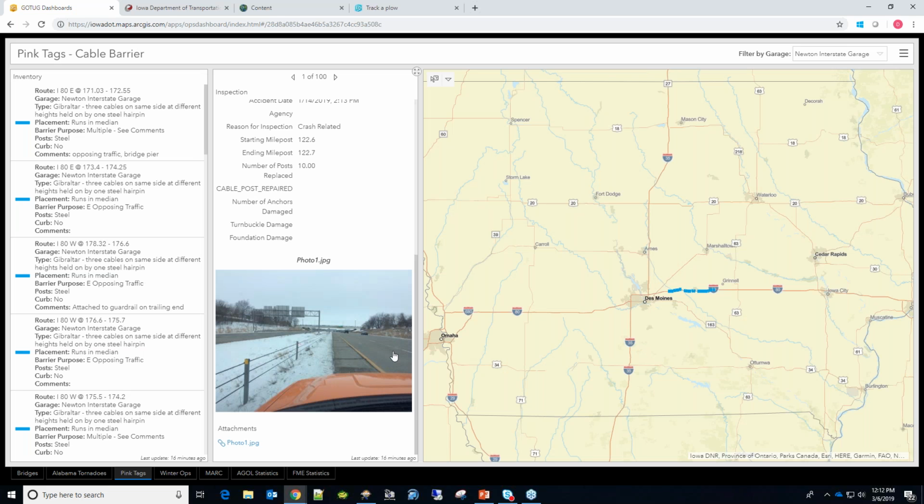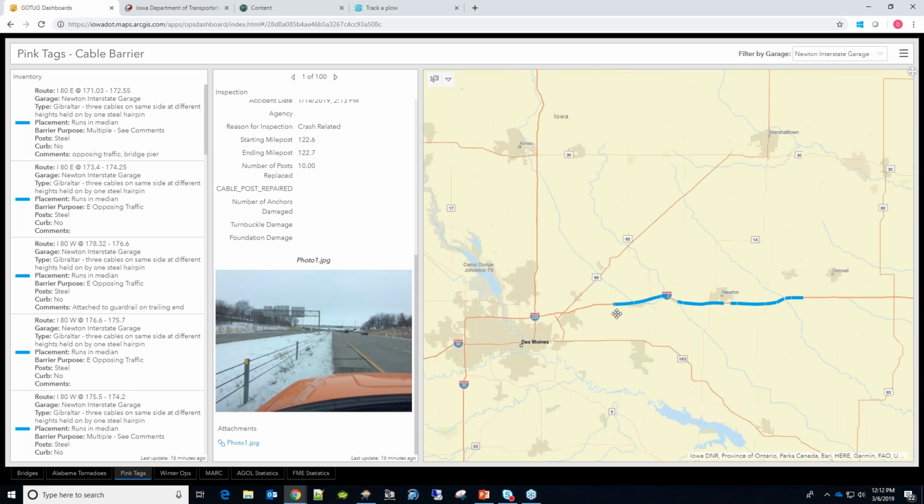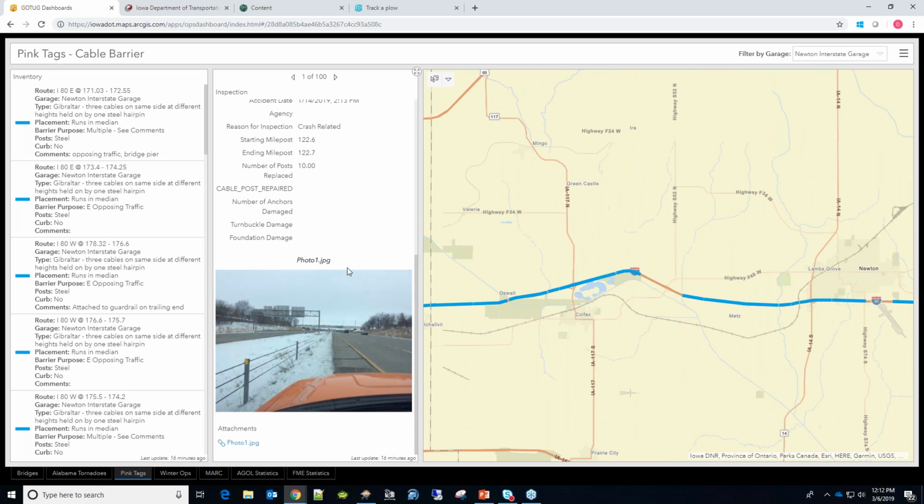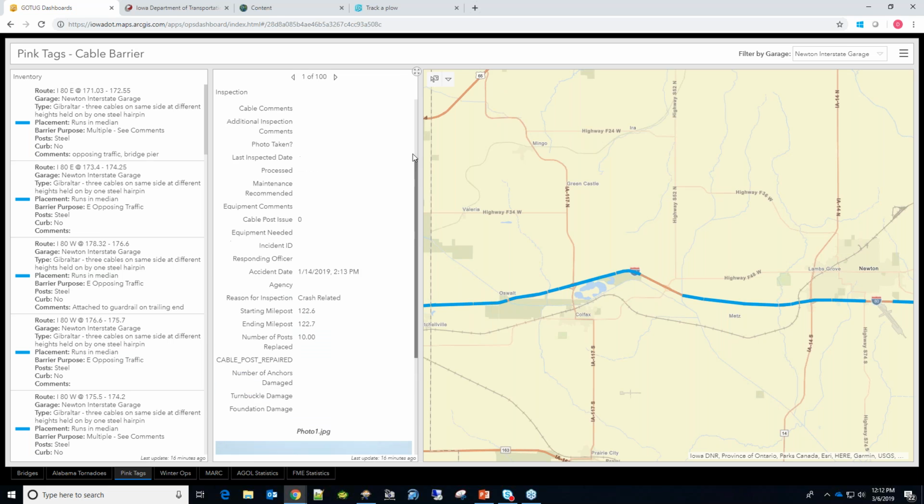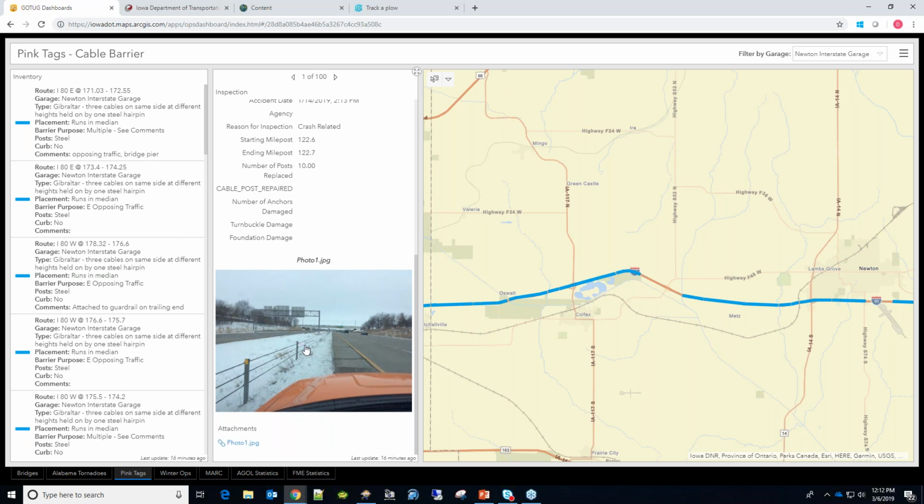Another use case we have here in Iowa, we just started working with local and state law enforcement to tie what we call pink tags to damaged infrastructure. For example, this is high tension guardrail. If someone crashes into that, highly likely this time of year with winter weather and driving, and the state patrol is out there, they tie a pink tag to the asset.